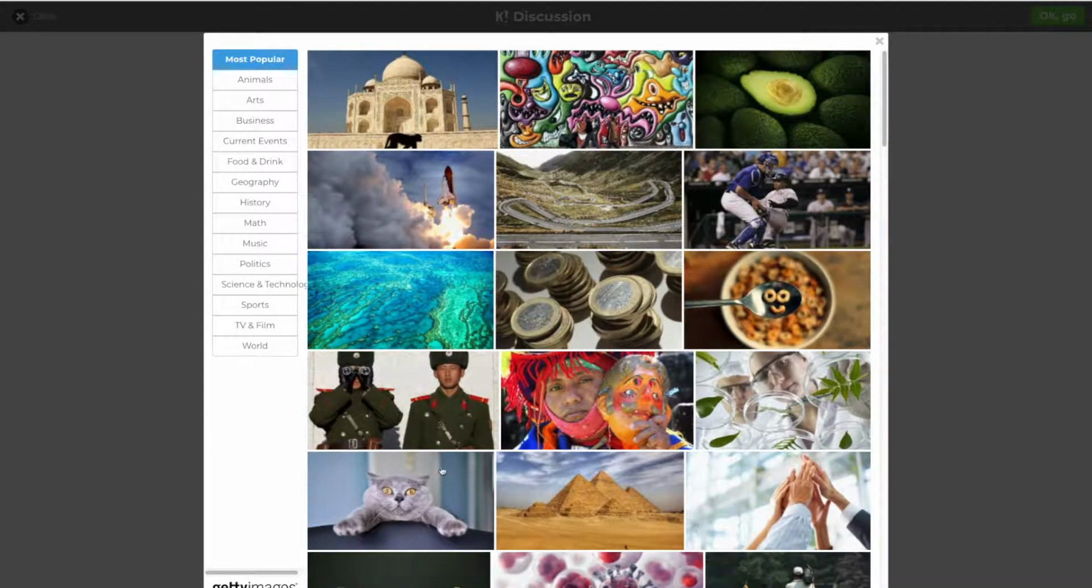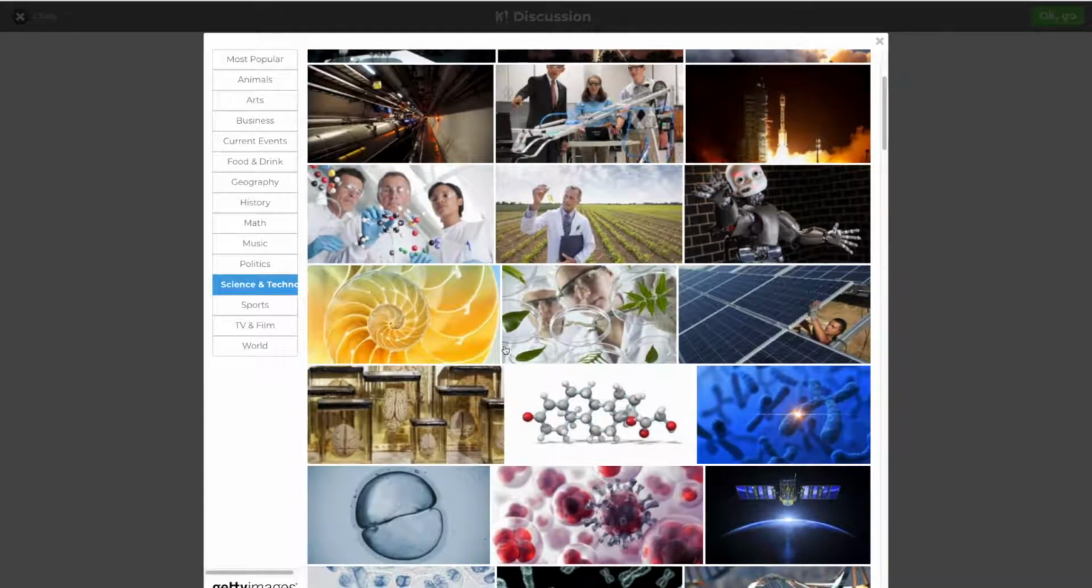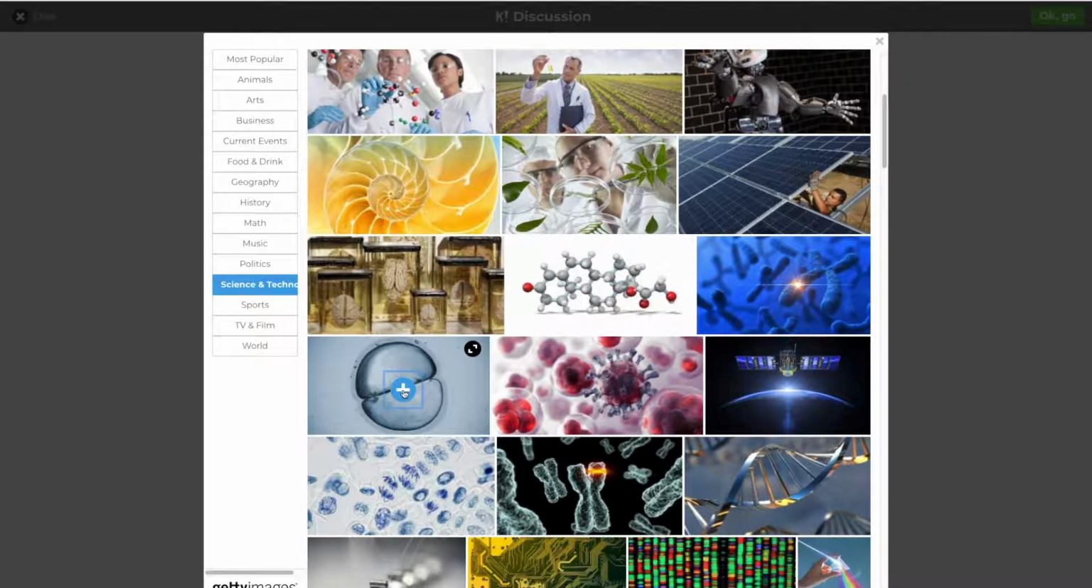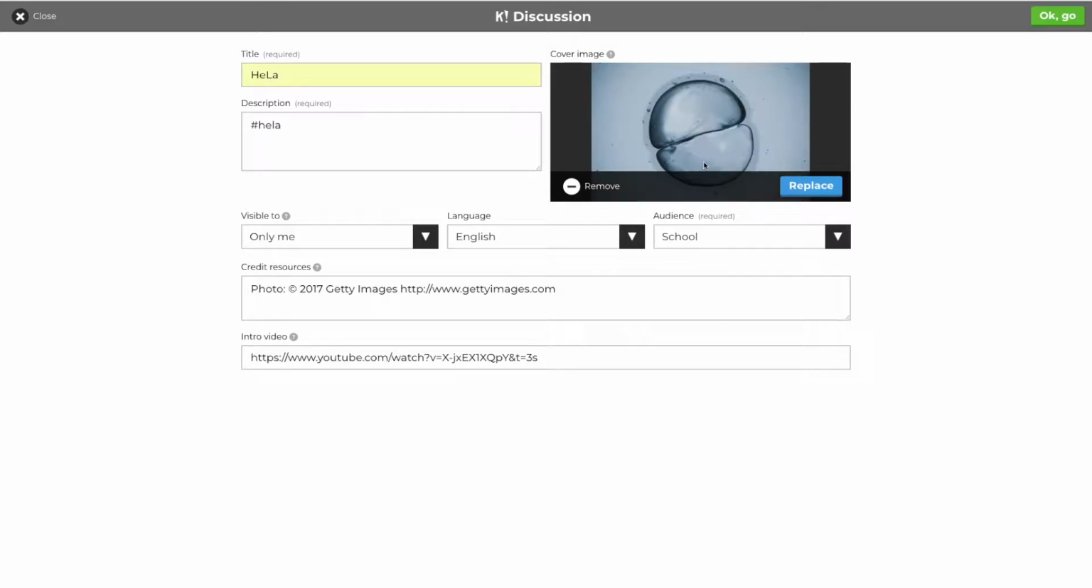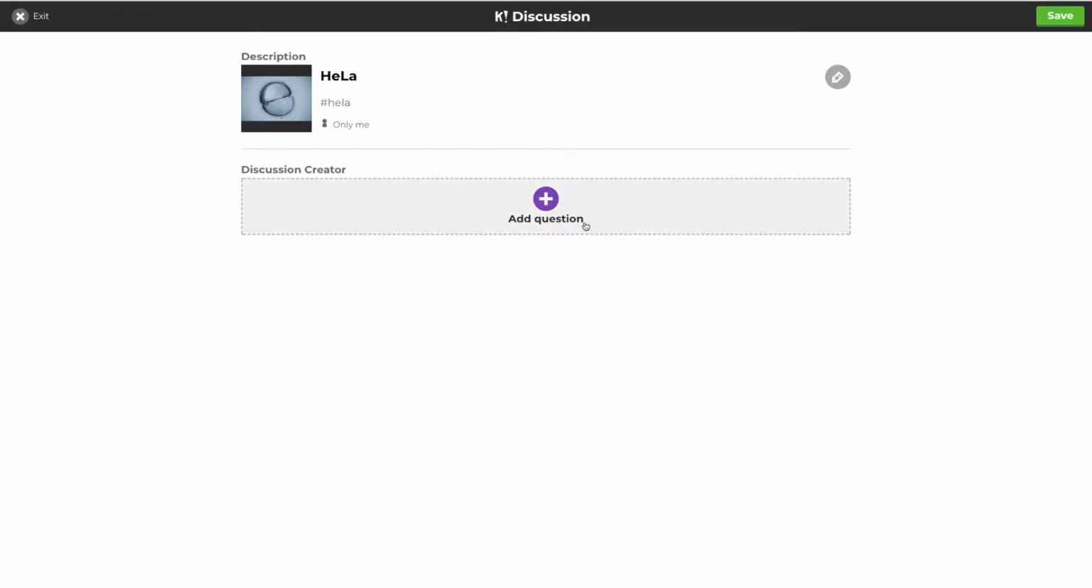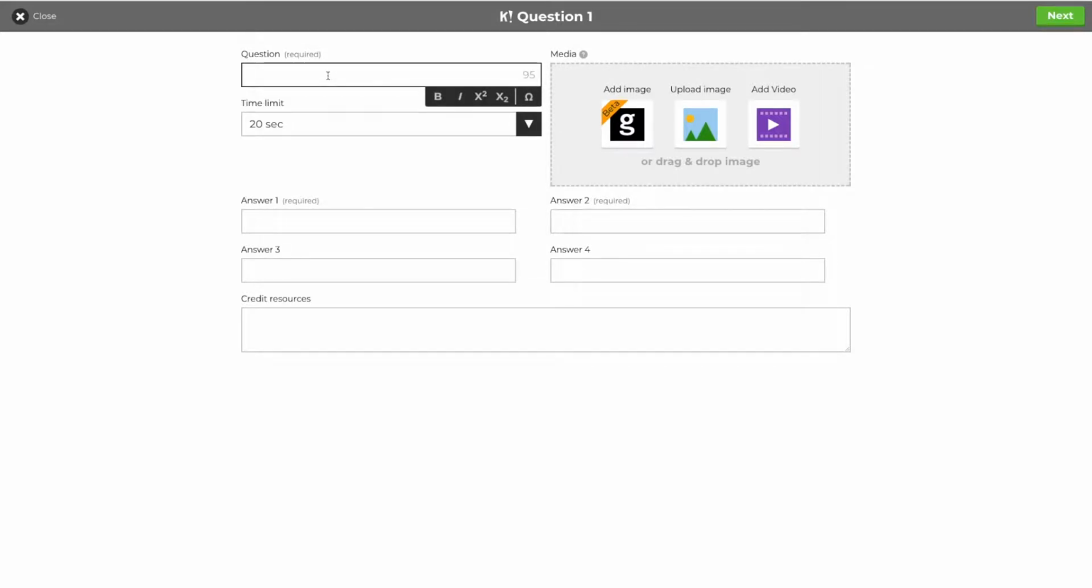I can add a video, or excuse me, I can add an image if I click on science and technology again. This is great. These are some cells dividing, and that would be perfect for talking about Henrietta Lacks. And then I'll click OK, go, and I'll add my discussion question. So I can say something like, do you think it was ethical to obtain, I'm abbreviating her name, which I never do,